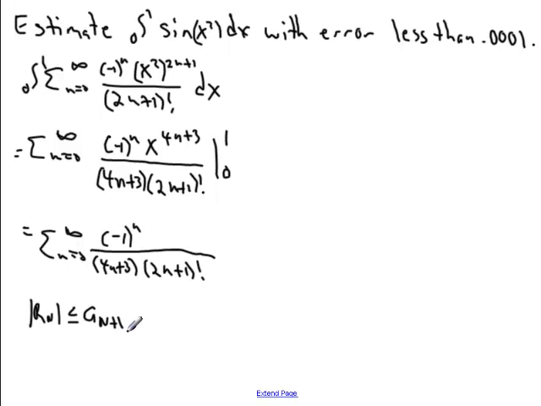So what we're going to do then is try to solve by trial and error this equation. 1 over, and we're looking at the n plus first term here, so that's going to be 4 times n plus 1, so 4n plus 4 plus 3, or 4n plus 7, very carefully,